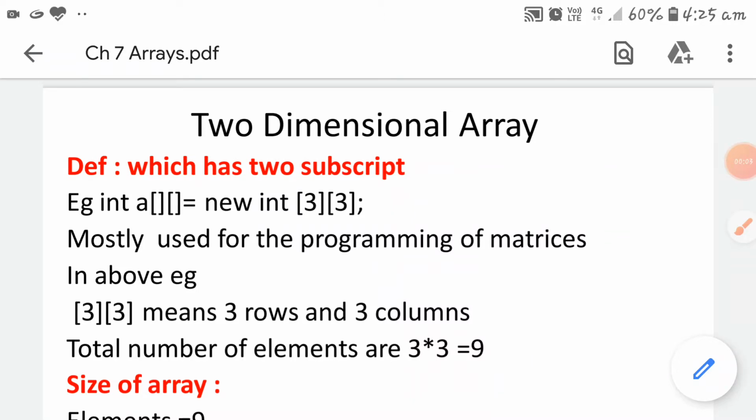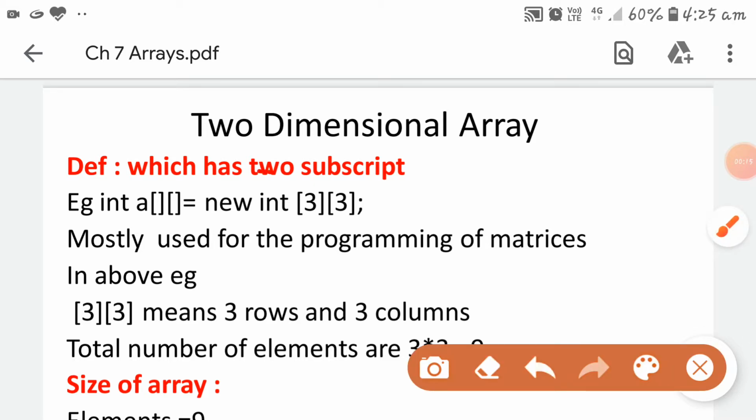Good morning, students. Now I am continuing your next topic, that is two-dimensional arrays of chapter 7, arrays. So a two-dimensional array is one which has two subscripts. See the example: int is the data type, a. After a, two square brackets are written.